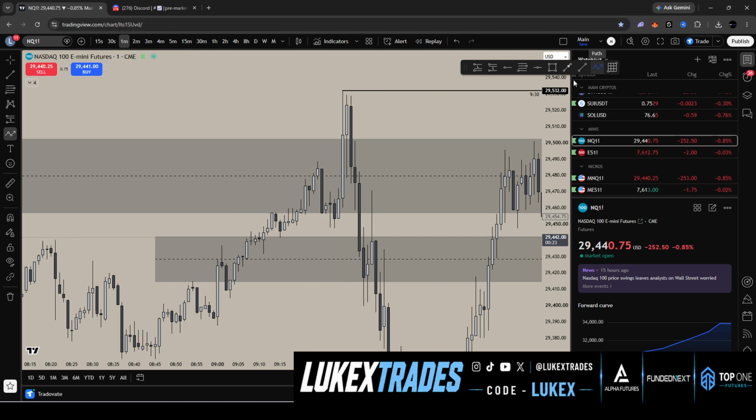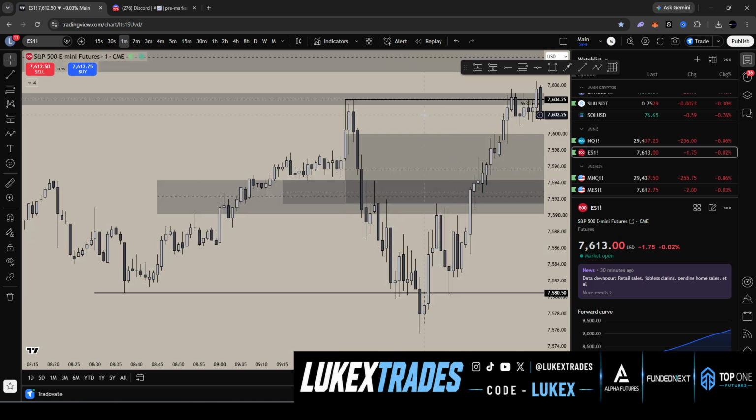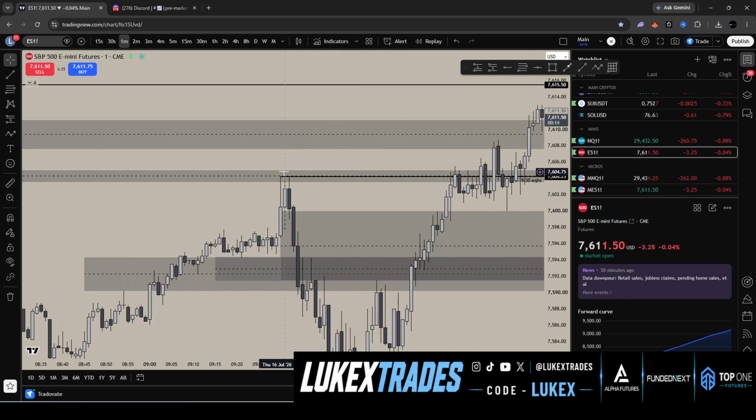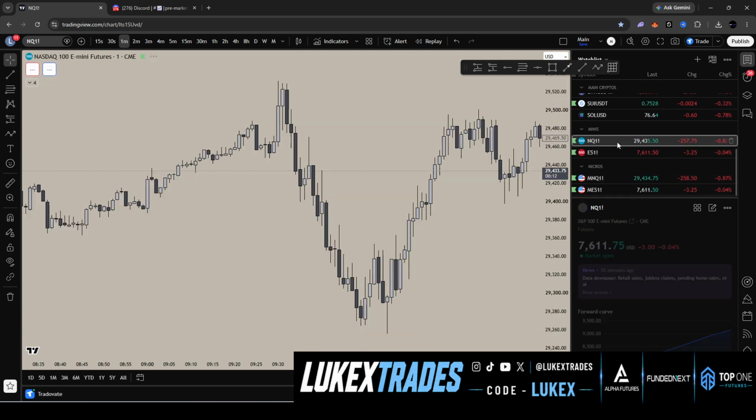To me, it was looking like it was going to do something where it comes up and maybe wants to remanipulate once more higher. Maybe ES would want to take out these relative equal highs, tap a little bit higher, and then continue, or take out these equal highs and then continue lower. So I faded it for that reason.